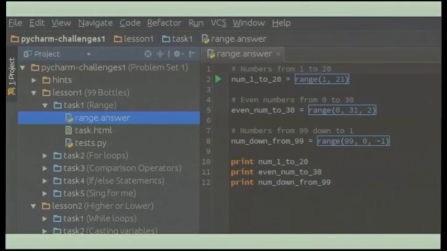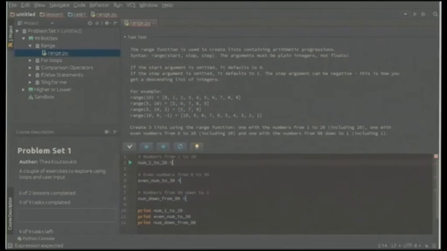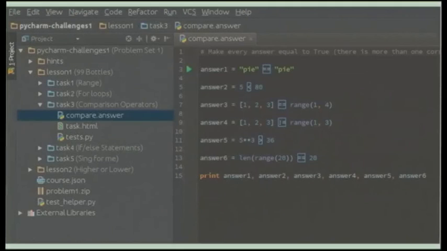This is a task where you have very specific syntax. So I want them to print a list of numbers from 1 to 20 and I want them to use the range function. I want students to write exactly what I've written. And this is what it looks like from the student point of view. So all the stuff I wrote and then kind of empty code to fill in down the bottom. This is another type of task I like, where you have